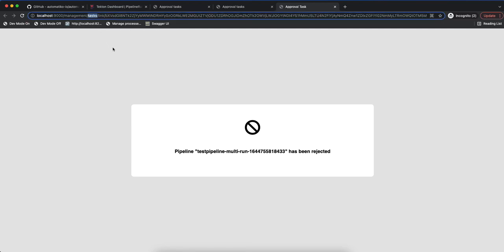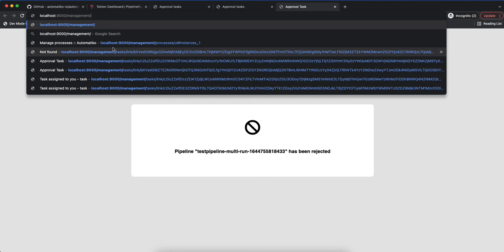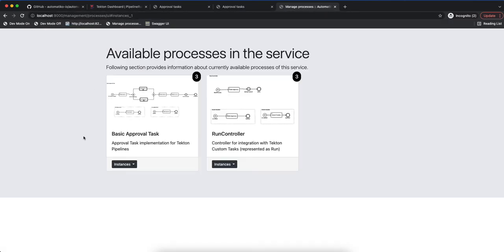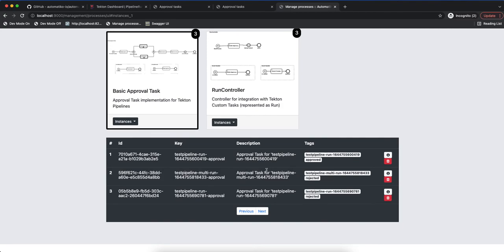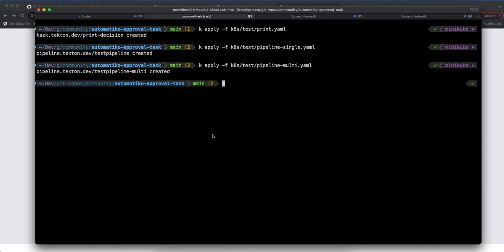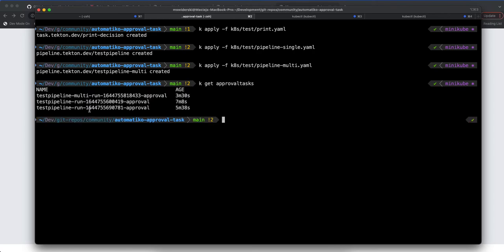And lastly, what I would like to show you is that approver tasks have a sort of management interface where you can actually see what was behind those approver tasks. If we look at those, they are actually mirroring the CRs of the approval. So if we go back, for instance, to this one, you can see that we have 3